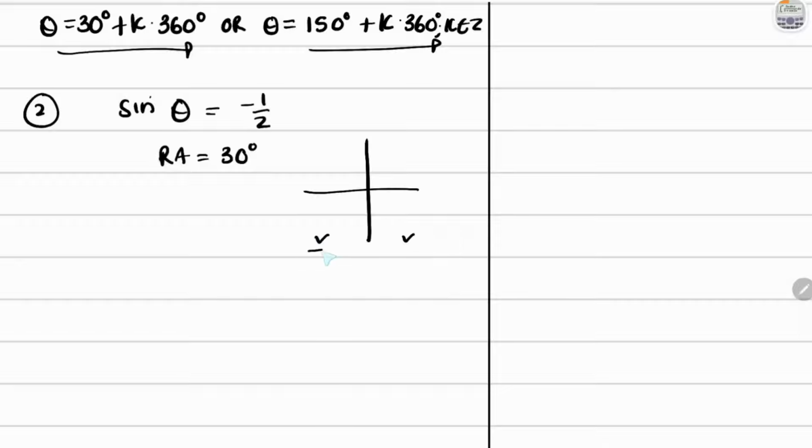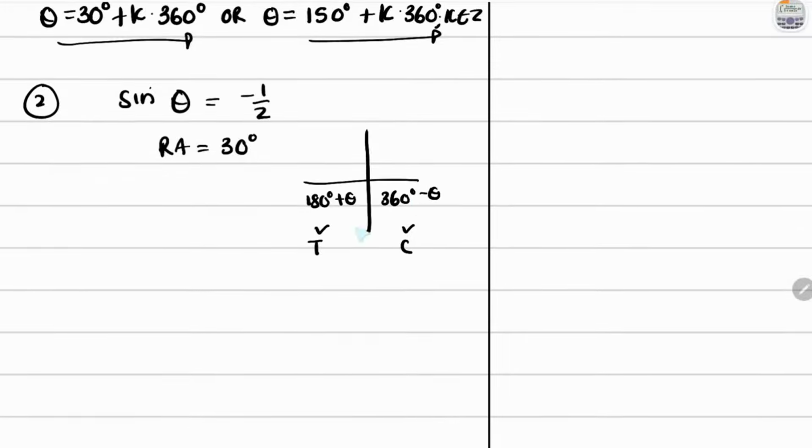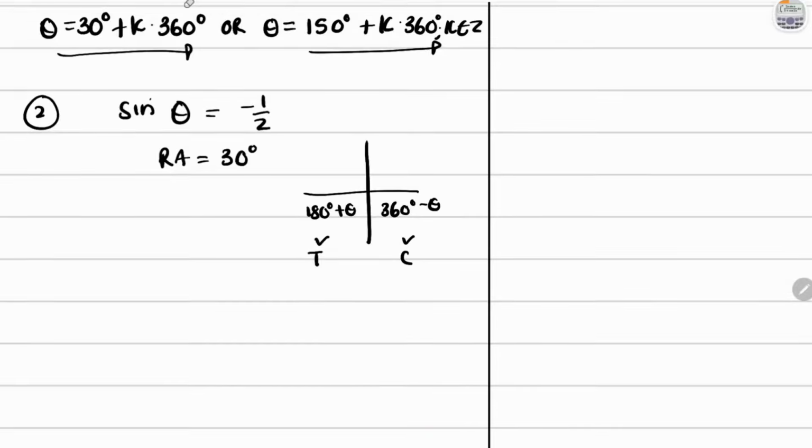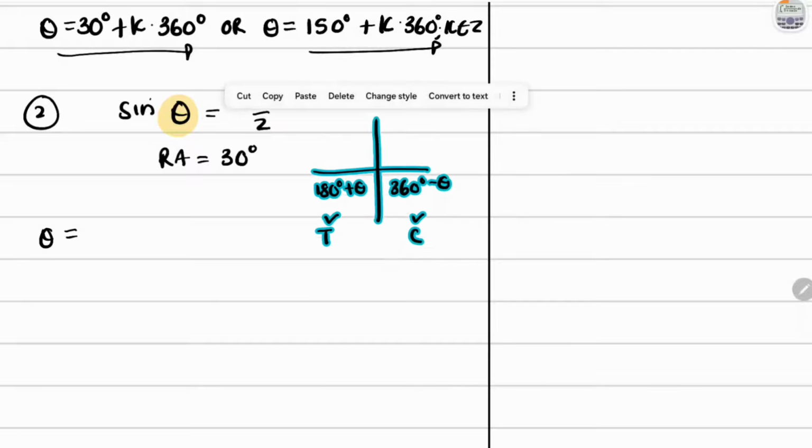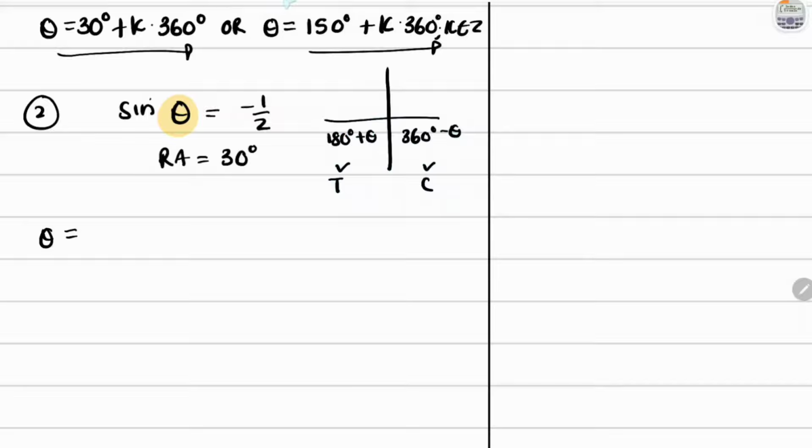In the third quadrant is where tan is positive, and the reduction there is 180 degrees plus theta. And here, this is where cos is positive, and the reduction is 360 degrees minus theta. So with that, because we're using these as our solutions, we're still trying to solve for theta. And so we would say that theta is equal to, and I need some space, I'm just going to move this here. So theta would be equal to,